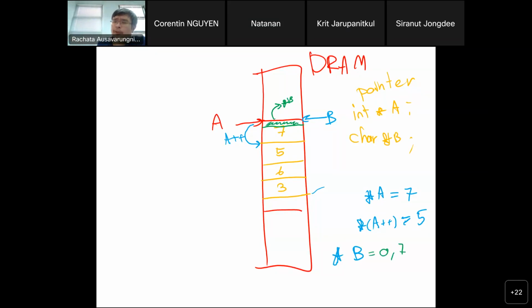Some machines would put the lowest bits first, so 7 would be on byte 100. Some machines would put the number 7 on byte 103. I should not have done this because we'll talk about this concept called endianness after the midterm. But for now, just understand that when I do star B, it only takes the first byte here at byte